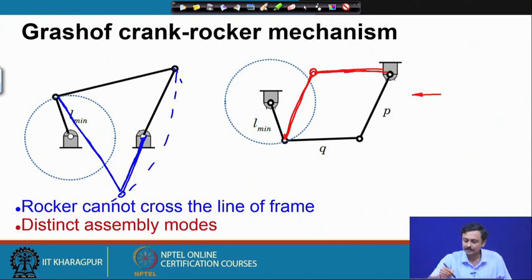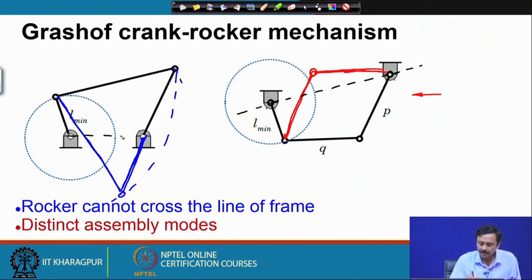Now, interestingly, as you can observe, the line of frame is this. This is the line of frame in the second example. This is the line of frame in this example. Now, L min is the crank and this is the rocker. So, the rocker can be assembled in this configuration, the configuration on top, the black configuration,